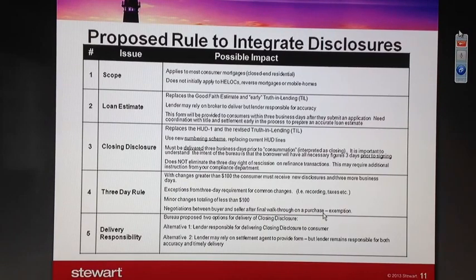Noah, can I interrupt with a question? Yes. All right. With item 3, how will this affect investors' title requirements for HUDs to match short sale approval letters and all docs matching, if at all?